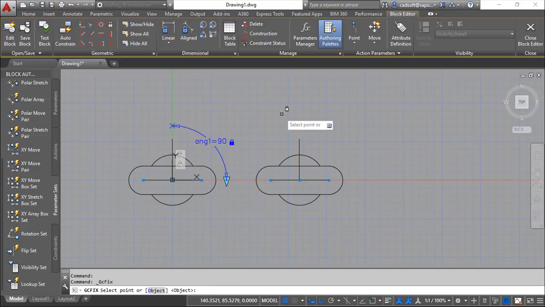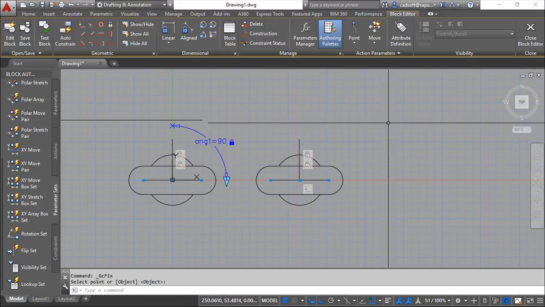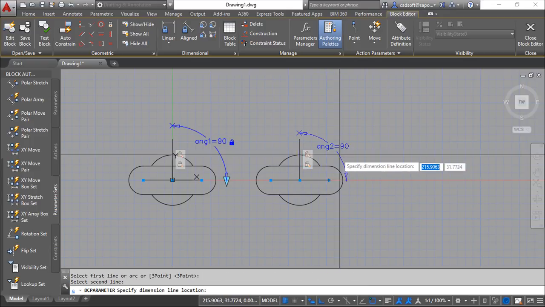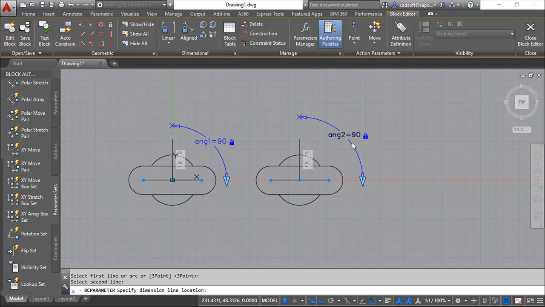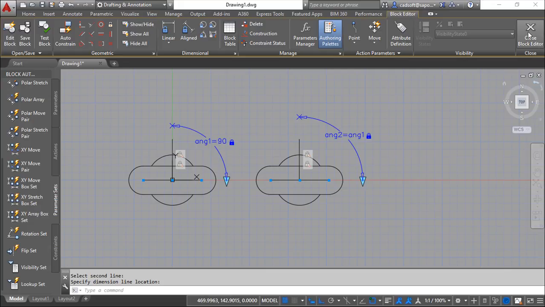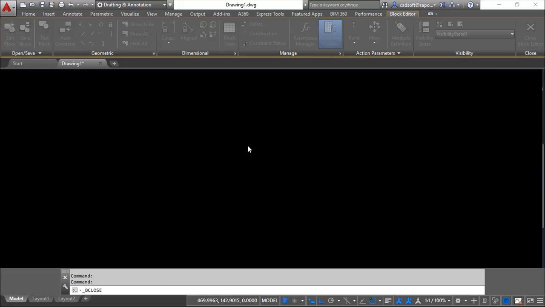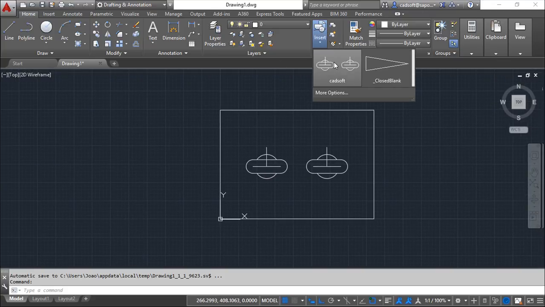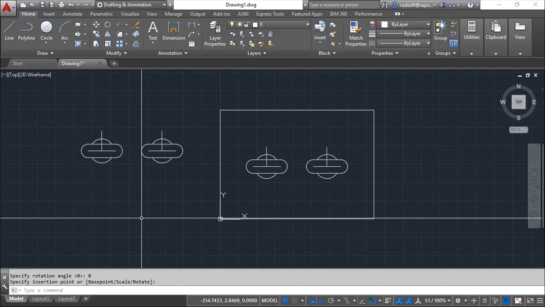And now the fix, we will fix this one, and we will fix this one, and again an angular of this one to this one, and now I will put ang1. Okay, very good. Save the block, save it, here we are, and now just insert the CADsoft, here it is,